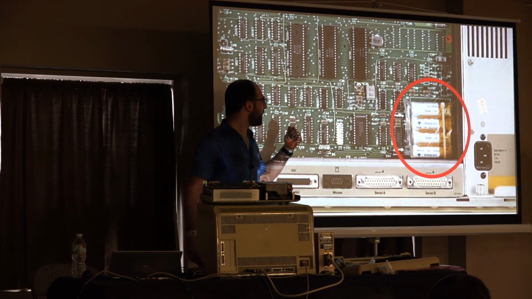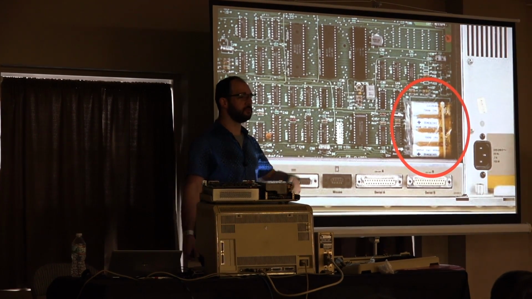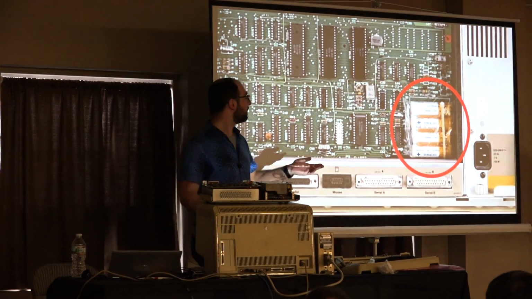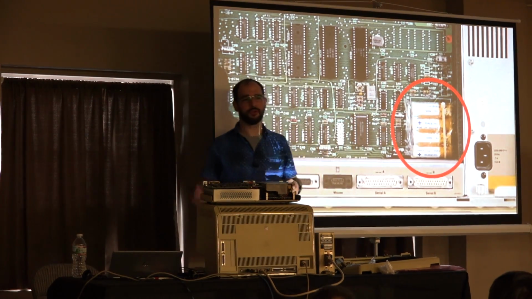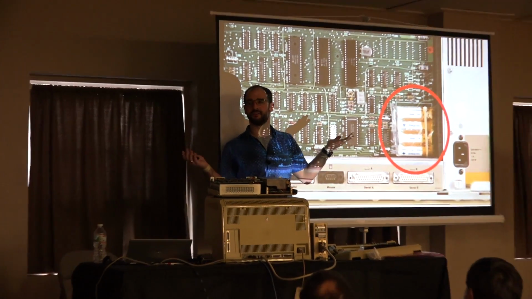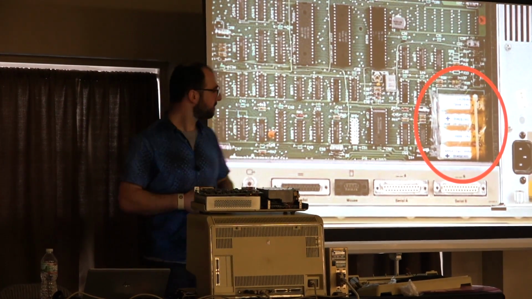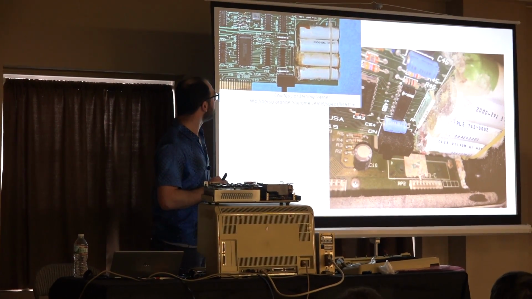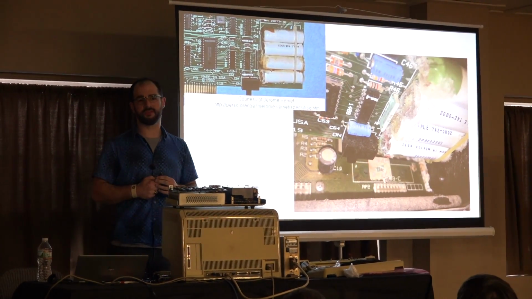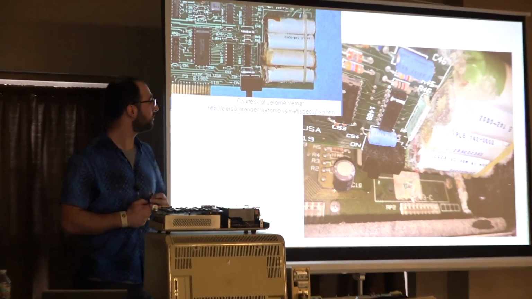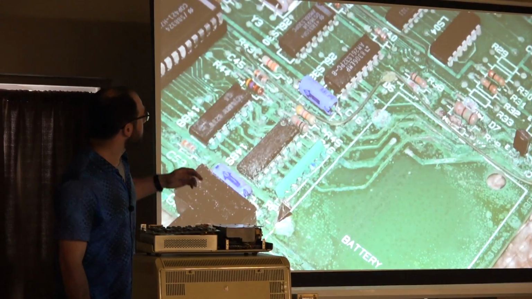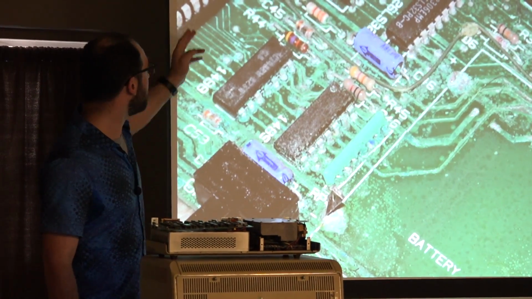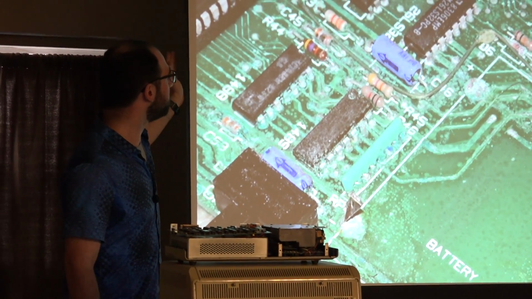And Apple wanted to be nice and have it such that if you picked your Lisa up and unplugged it and moved it across your desk and plugged it back in, you wouldn't have to reset the clock. So they put these NiCad batteries on here that gave you 3 hours of unplugged time to keep the system working. Unfortunately, as we know, NiCad batteries leak, and the damage that will happen to one of these systems when the NiCad batteries leak is extensive. All the traces will just be eaten off the board,